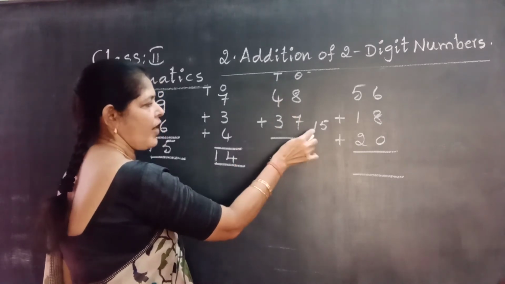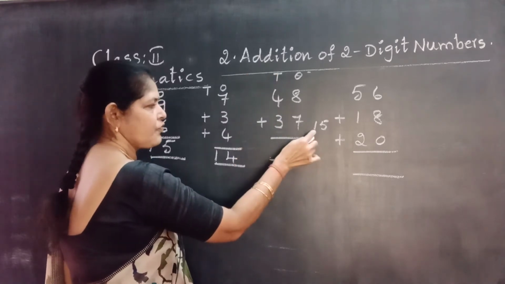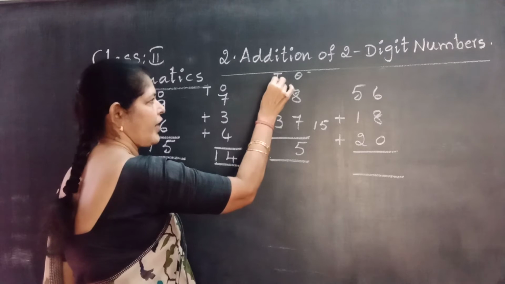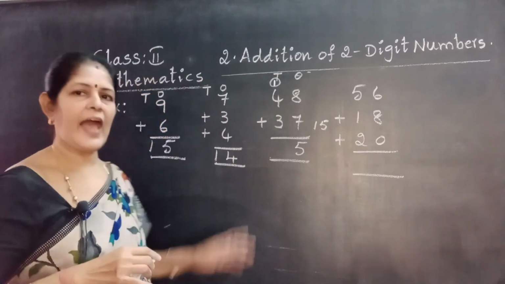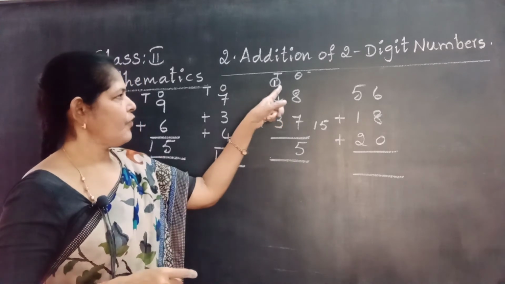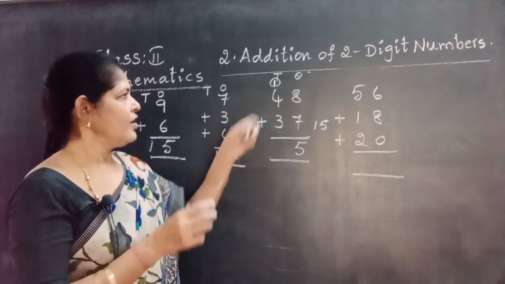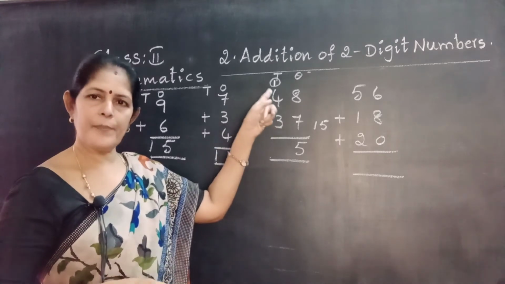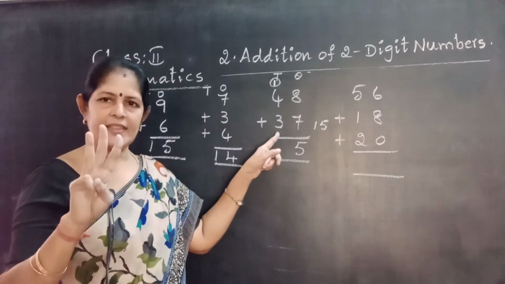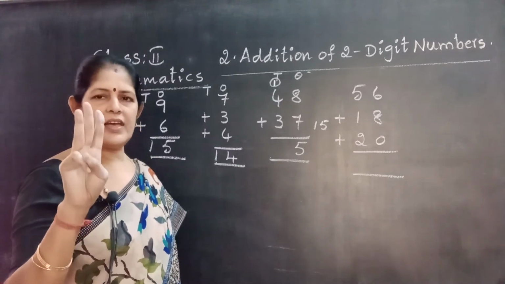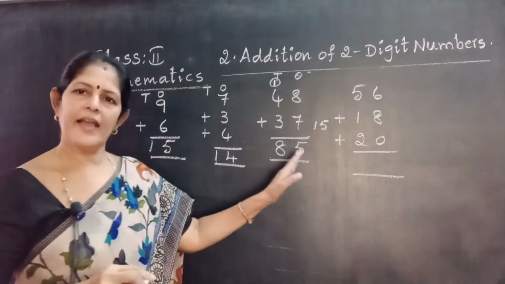That means write this 1 above 4. Write 1 here. Put a small circle. That is the carry number. Here 1 plus 4 plus 3. 3 numbers are there. 1 plus 4 or 4 plus 1, 5. Very good. 5 in the mind. Take 3 fingers, 5 after: 6, 7, 8. What is the total? 85.